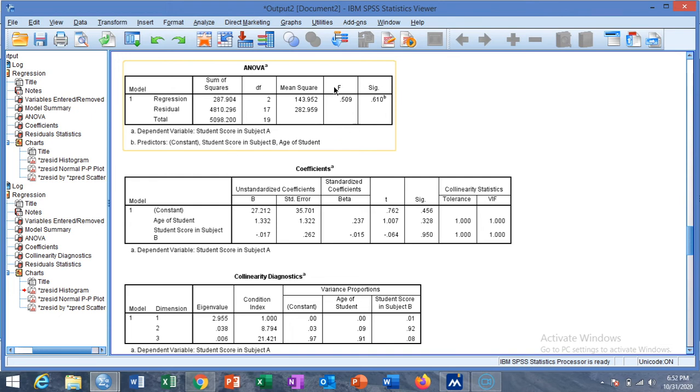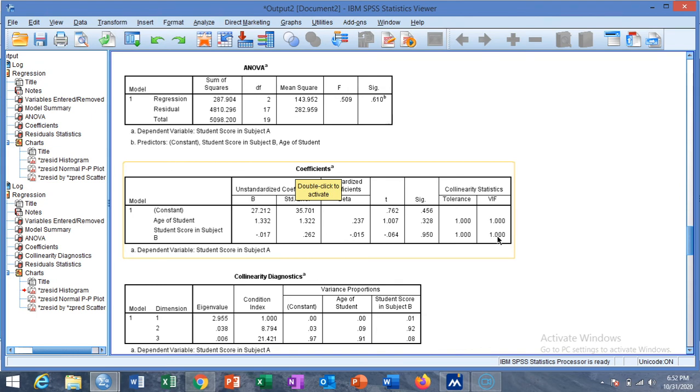Accepting H naught indicates that the two coefficients are not significantly different from 0. And this table gives the coefficients and standardized coefficients and their standard errors and the t values and the p values and the variance inflation factor.